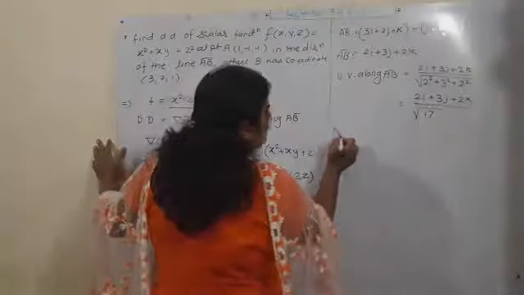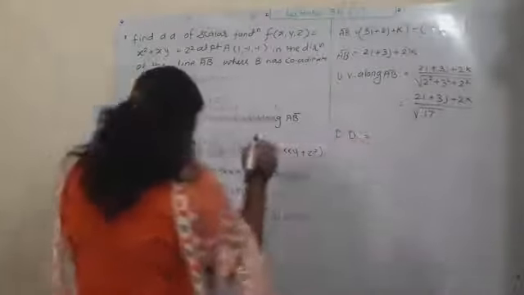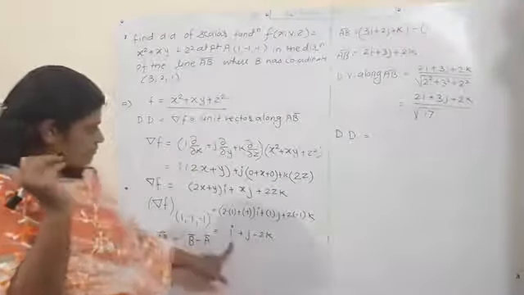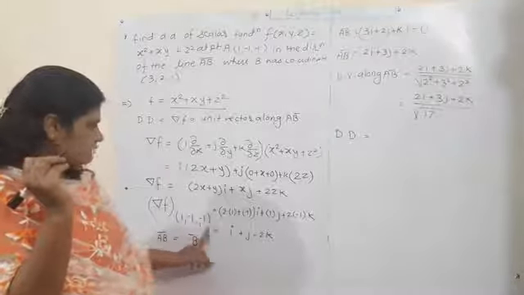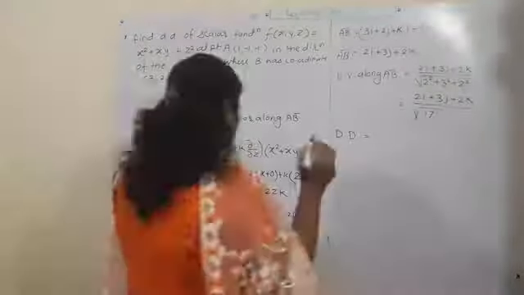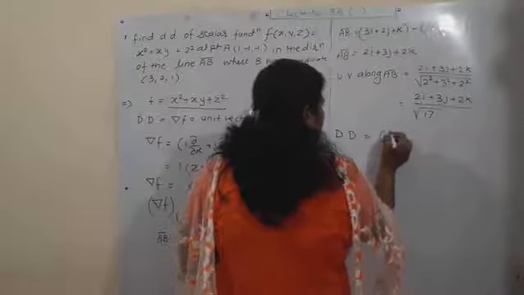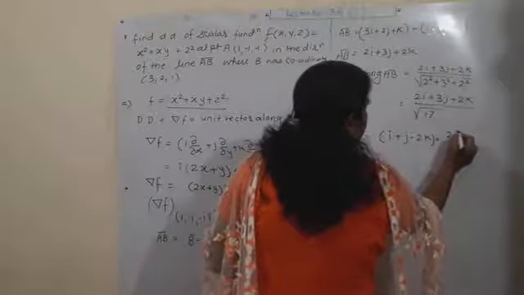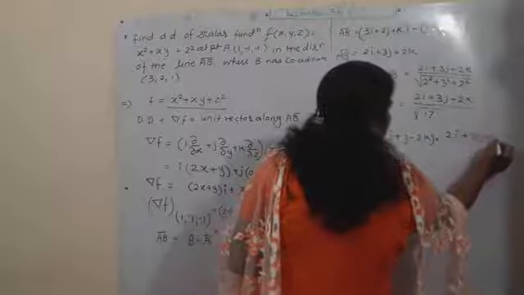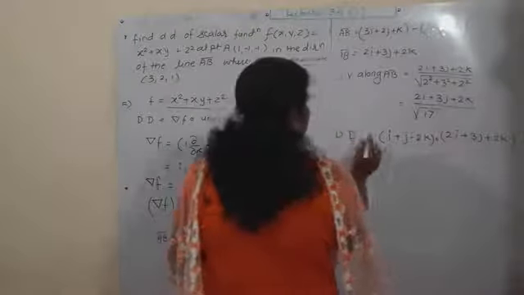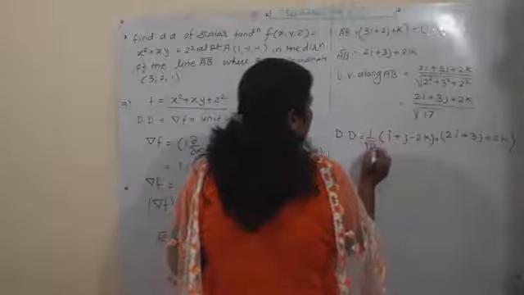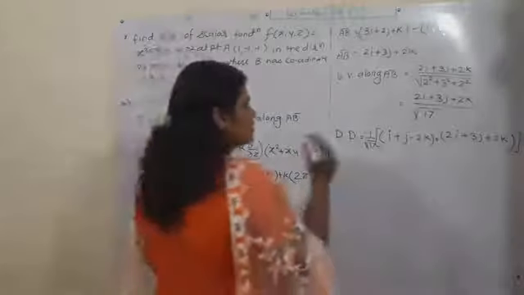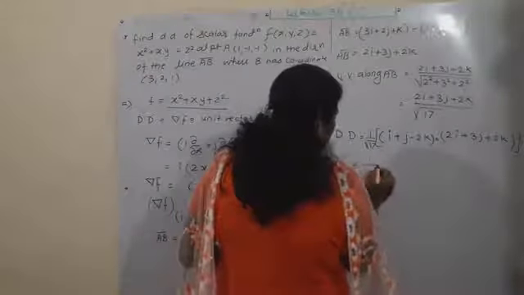And now we come to the directional derivative, and that is equal to, पहले तो हमें ग्रेड ऑफ f की वैल्यू लेनी पड़ेगी. ग्रेड ऑफ f की वैल्यू है एट अ पॉइंट 1 minus 1 minus 1, that is i plus j minus 2k, so that is i plus j minus 2k dot the unit vector, that is 2i plus 3j plus 2k. और यहाँ पे ये जो है हमारा रूट 17 इट इज अ कांस्टेंट, सो इसको बाहर ले लेते हैं हम. डॉट प्रोडक्ट में इसकी कोई आवश्यकता नहीं है, as it is a constant term, it is a scalar quantity. These are vectors, so we are taking a dot product of two vectors.